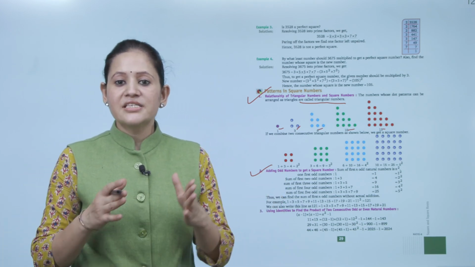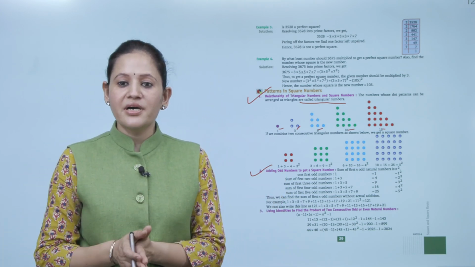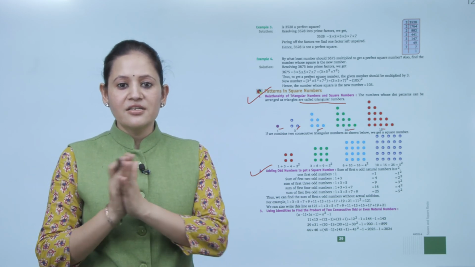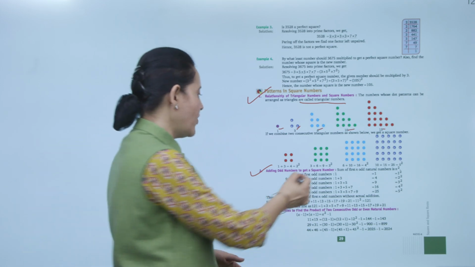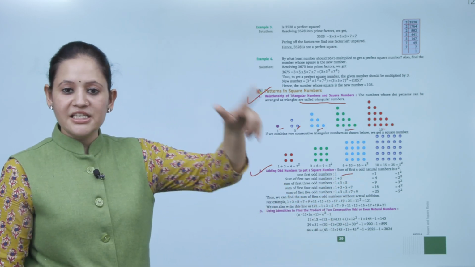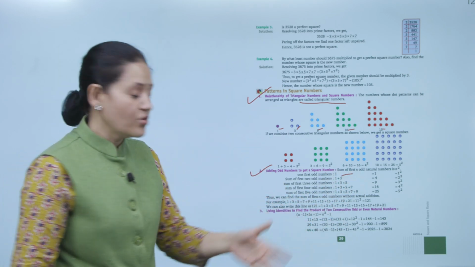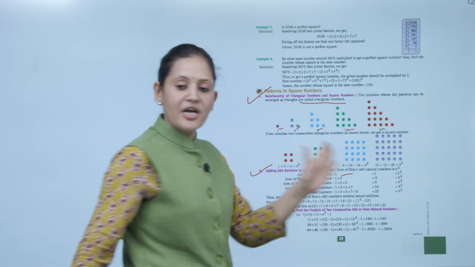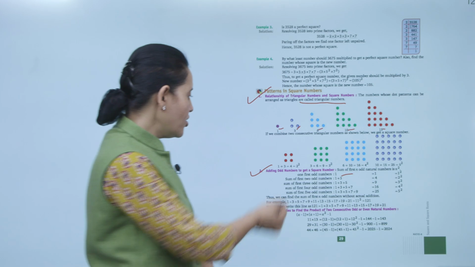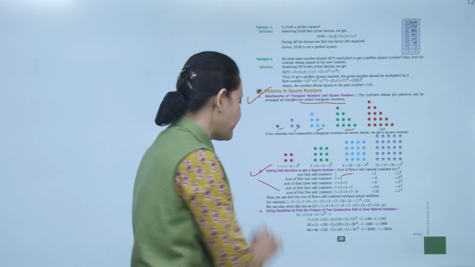Next is adding odd numbers to get the square number. So, the sum of the first n odd numbers is n square. So, the first odd number 1 क्या हो जाएगा 1. Then the sum of the first two odd numbers, 1 plus 3, is 4, that is the square of 2. Sum of 3 odd numbers, 1 plus 3 plus 5, is equal to 9, that is the square of 3. So, the pattern is followed here.